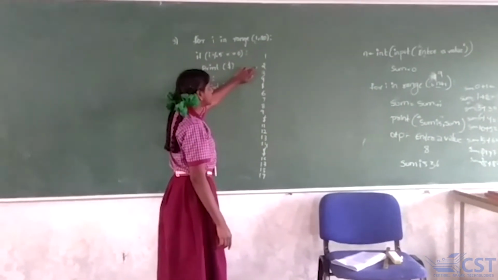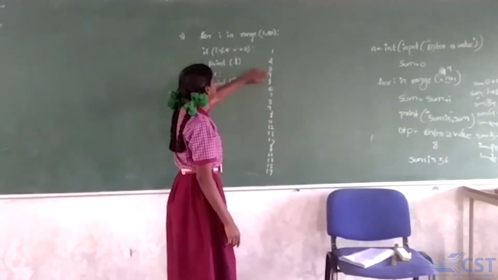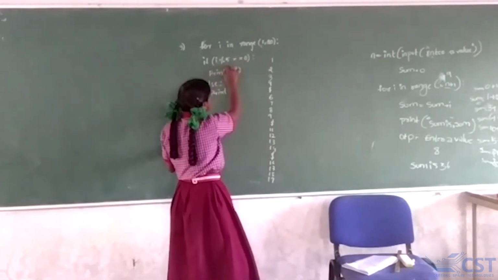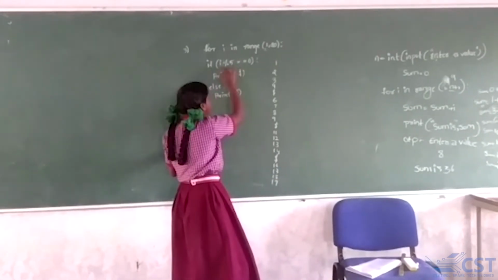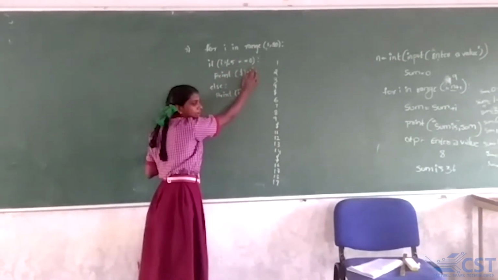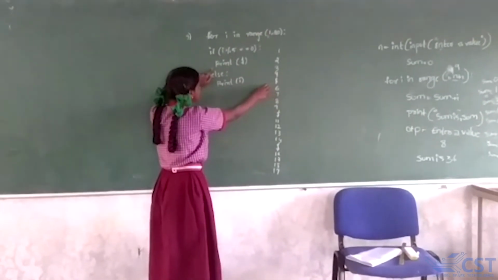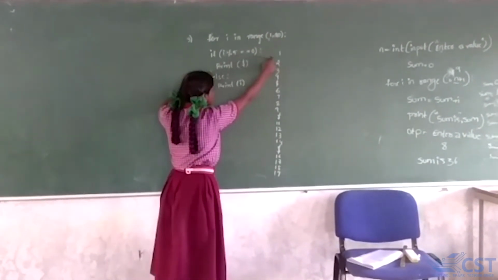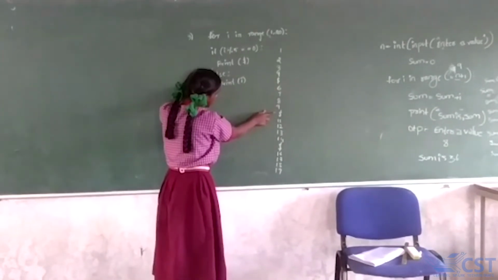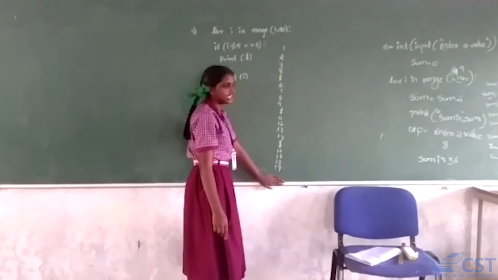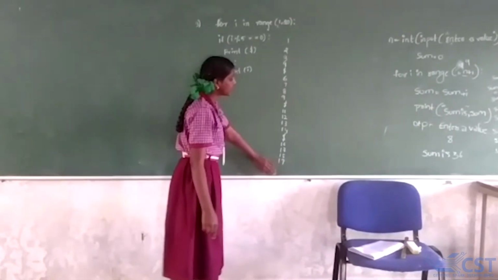Next 2 also like that. 3, 4, 5. Is 5 less than 20? Yes. Is 5 divisible by 5? Yes. So 5 divisible by 5, we will get remainder 0. So print dollar. Like this, in 1 to 20 we can print 5, 10, 15. Till 19 to stop. 19 is not a dollar because it cannot be divisible by